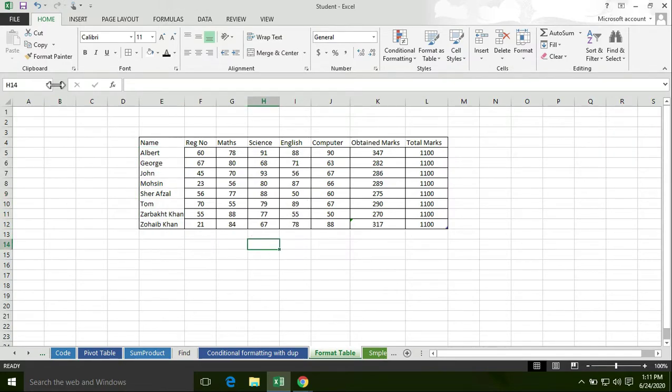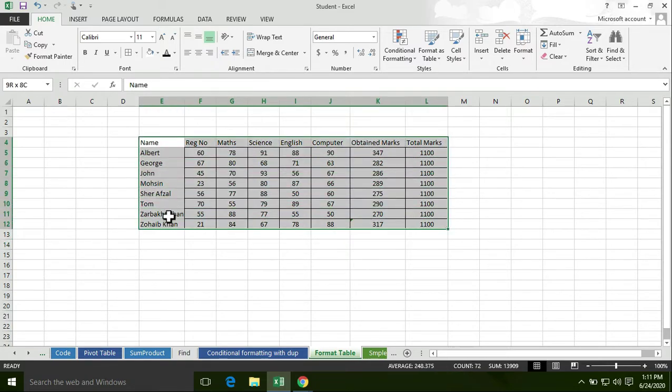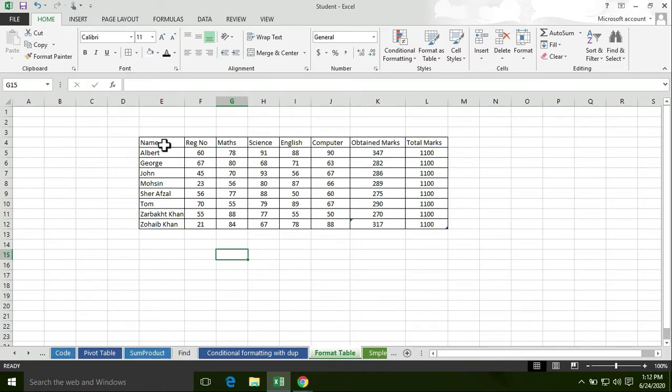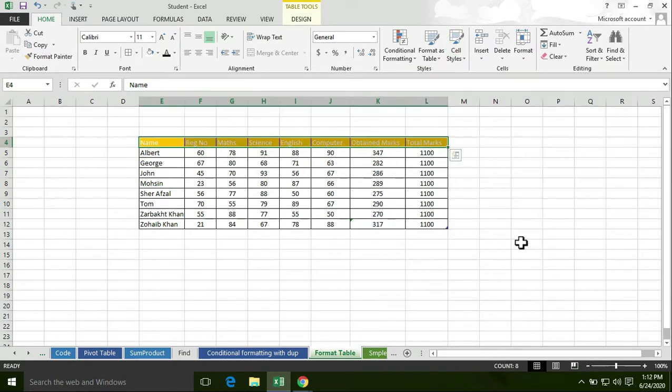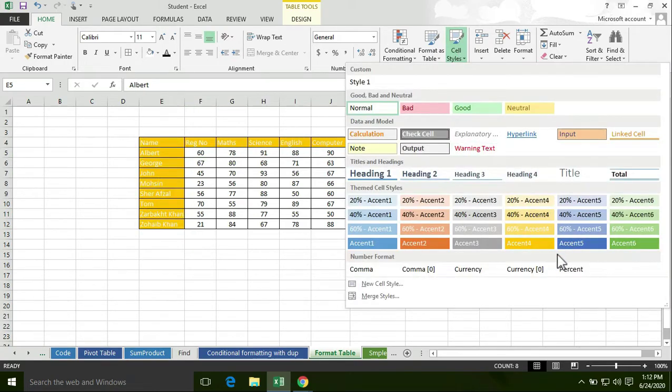Now the previous format is removed, so apply borders. Now I want to apply another color using the cell styles feature. This time I'm going to apply yellow color to the row, and this time I'm going to apply blue color to the column.